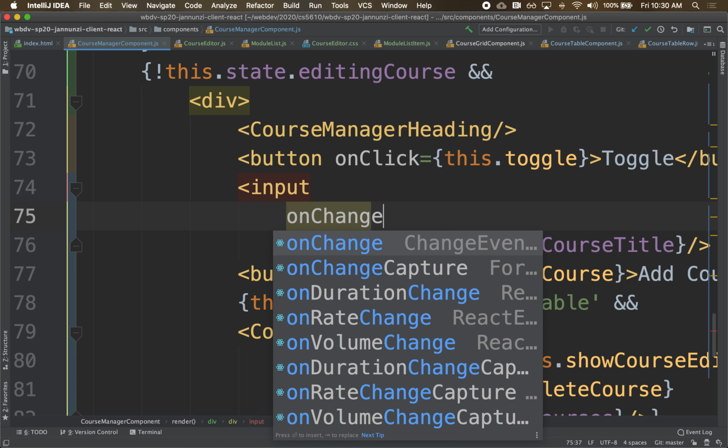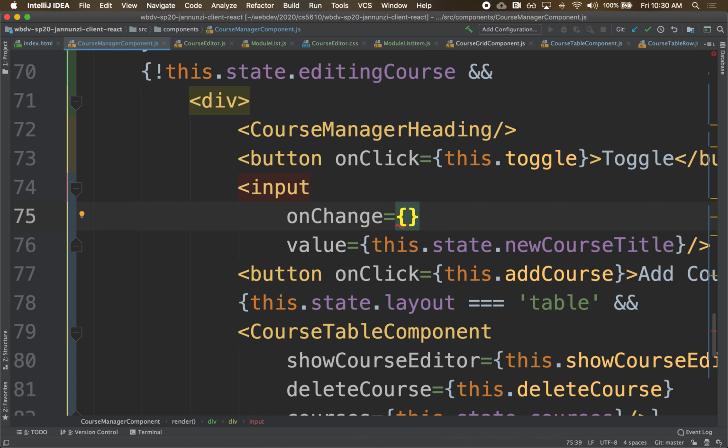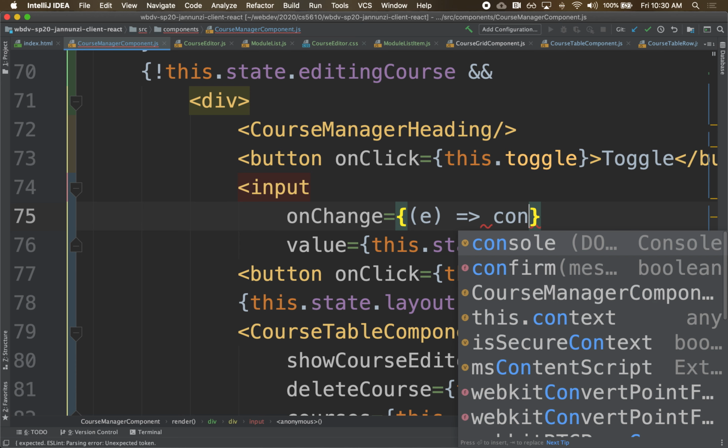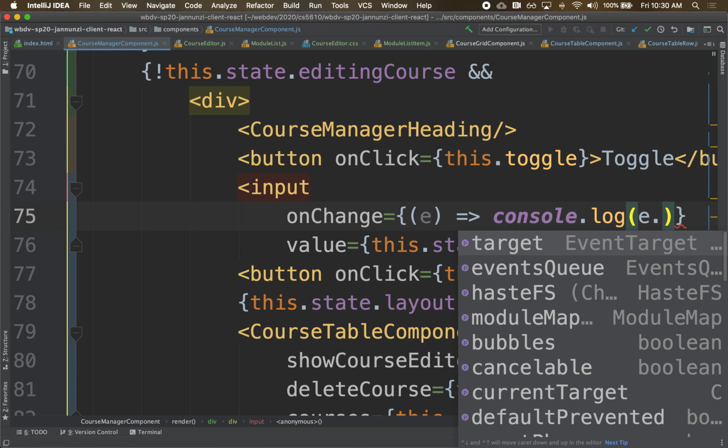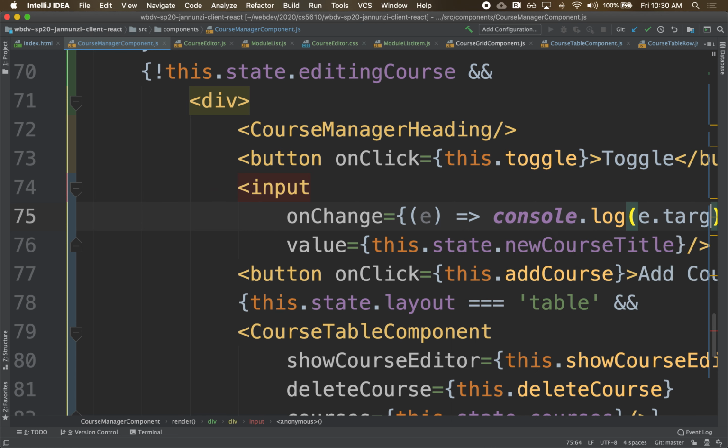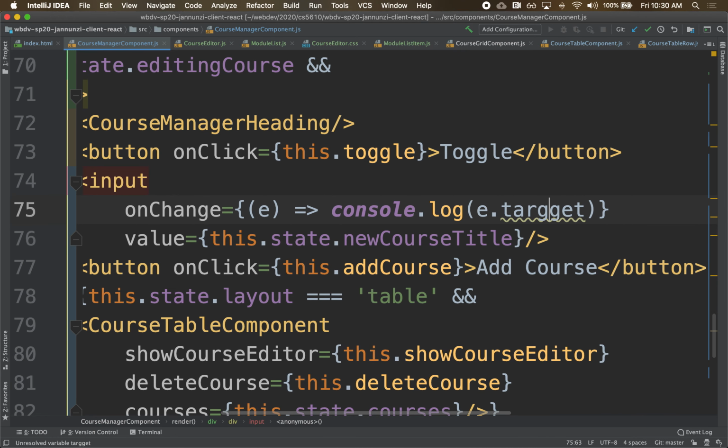So on change, we can take a look at the raw event, and we can console log it. This is a raw event that is being passed to us by the browser. The browser is saying this thing just changed, and this is the raw event. That raw event includes my mouse location,